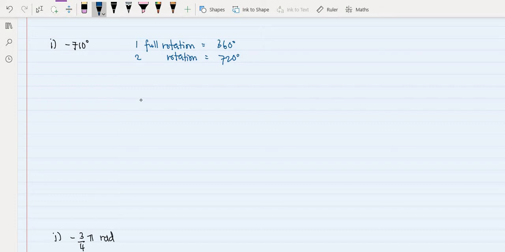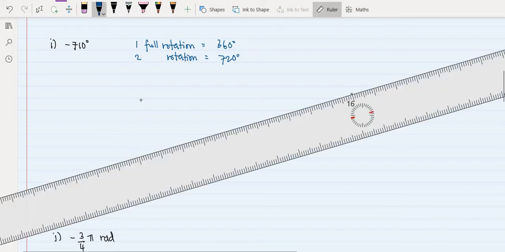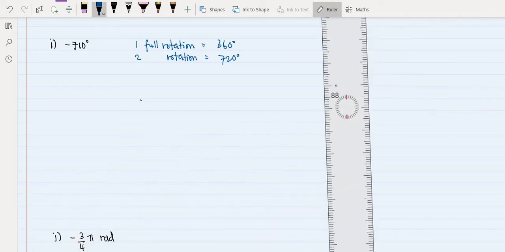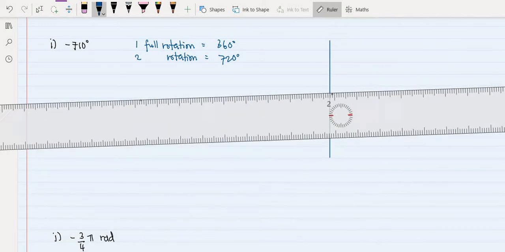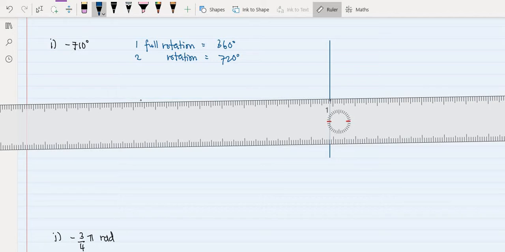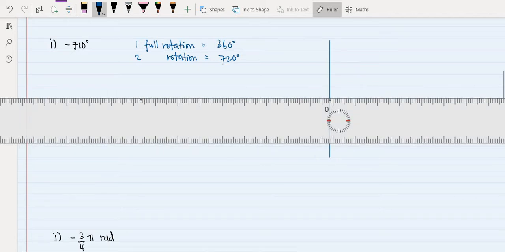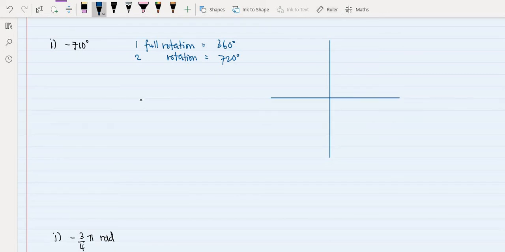So if we take a look here, our theta is negative 710 degrees. So it will be almost like two full rotations. So we just need to directly draw our quadrants. And then we are going to label our axis with the values starting from 0 degrees. So my 0 degrees will start at my initial side as previously shown, and then I will go